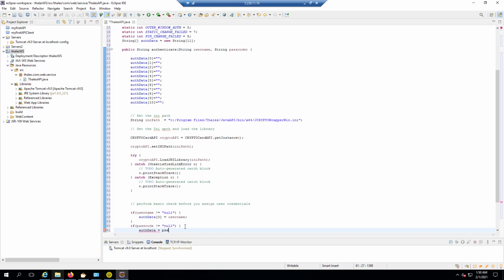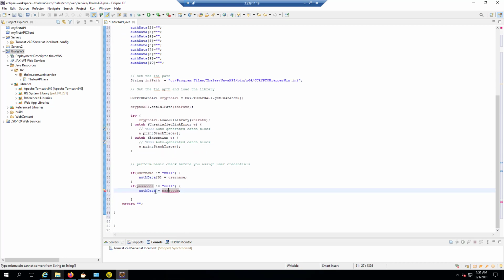Equals password. Got an error. What am I doing wrong? Let's see here. Oh, yeah, it's an element. So I'm supposed to be assigning that to element 2. Okay, so